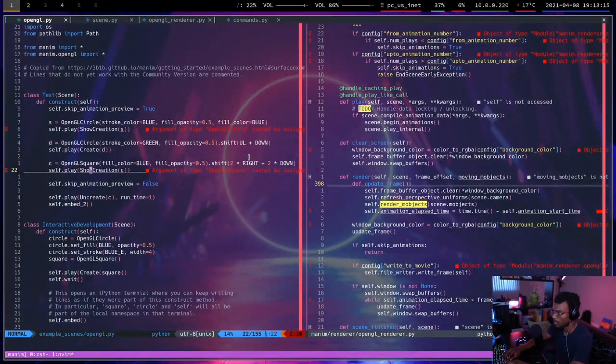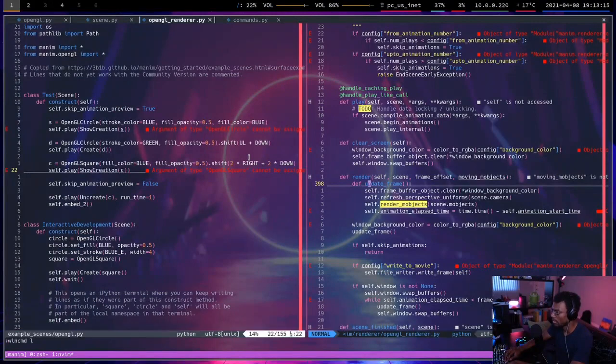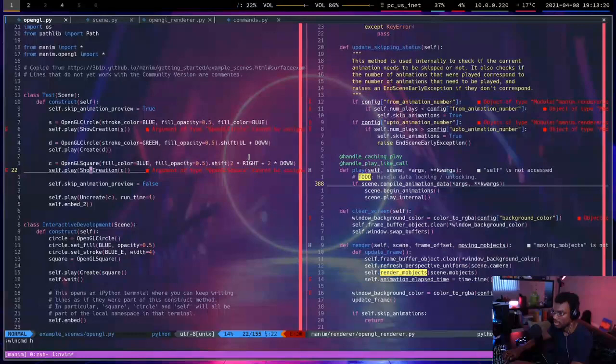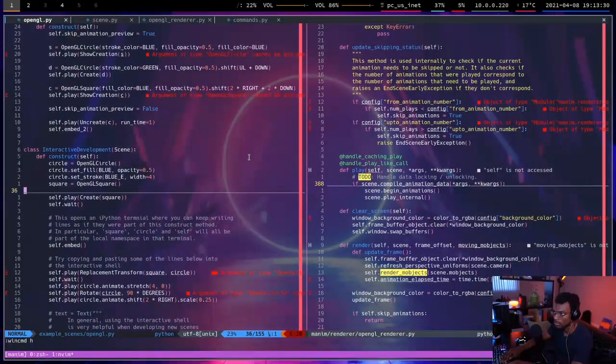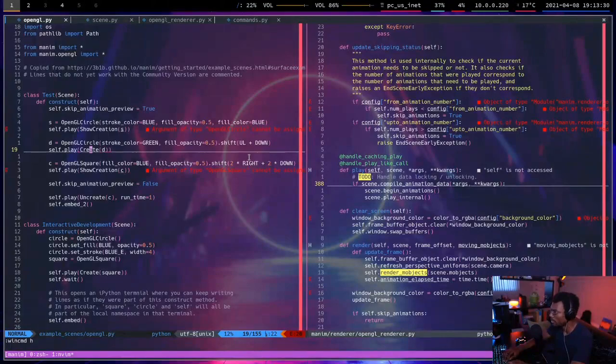Okay, so that's actually a surprising amount of progress just in getting this preview with skipping to work. I think the most useful thing to do now